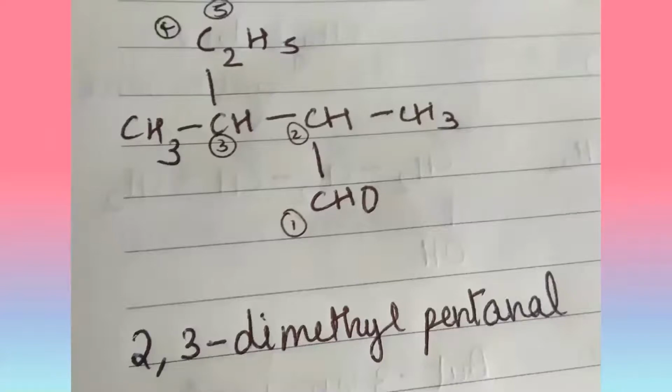Now the name here will be 2,3-dimethylpentanal. So we all know that whenever you're writing 2 numbers, you have to put a comma between them, and when you're separating a number and an alphabet, you have to always mention a hyphen in between them. Since there are 2 substituents here, you write it as 2,3-dimethyl. Di means 2. Since it's the same one, it's called dimethyl, and pentanal because there is an aldehyde group present here. It's called pentanal. So your wish, because it's all common now.